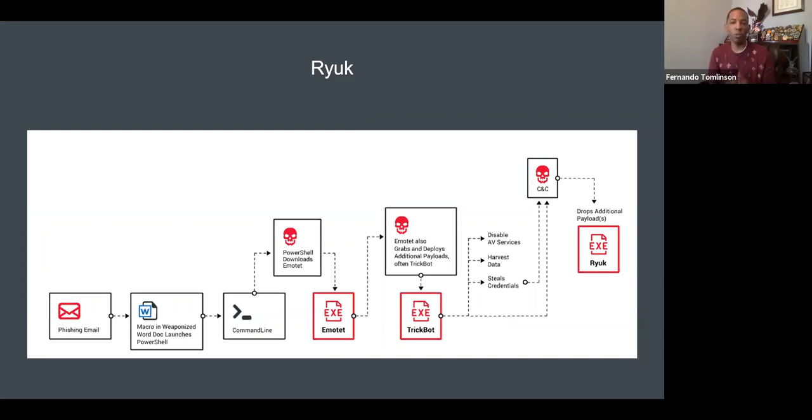TrickBot is going to set the stage for Ryuk and that communication back to the C2 server. Ryuk is going to be that payload. So we see a daisy chain of sorts, and highly likely not one entity that's doing all 3 parts of this. Highly likely, it's a multi-tiered entity where it's like an assembly line.